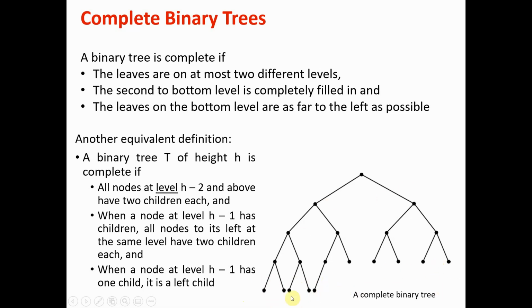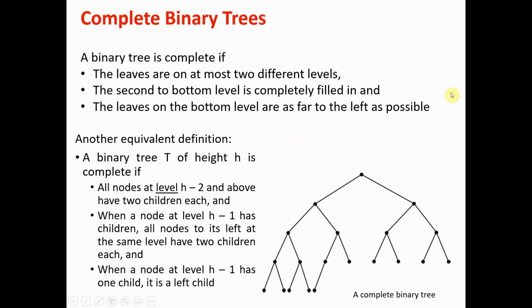Let's assume that this leaf didn't exist. Would this tree still be a complete binary tree? No, it wouldn't, because the leaves at the bottom level are not as far to the left as possible. But for this one that's shown here, this is definitely a complete binary tree because it satisfies all